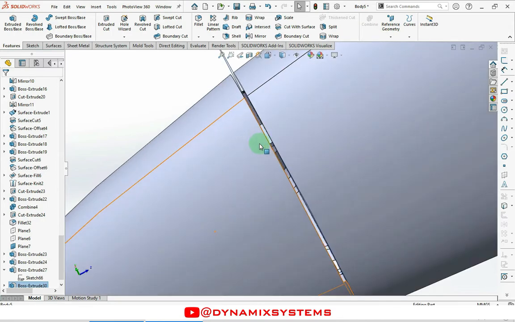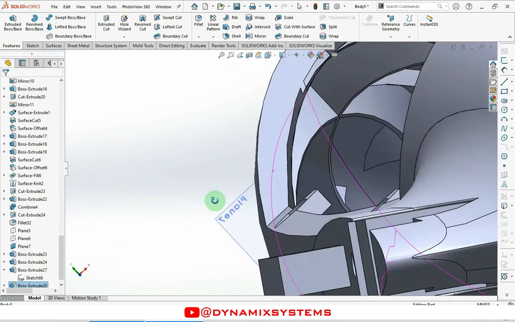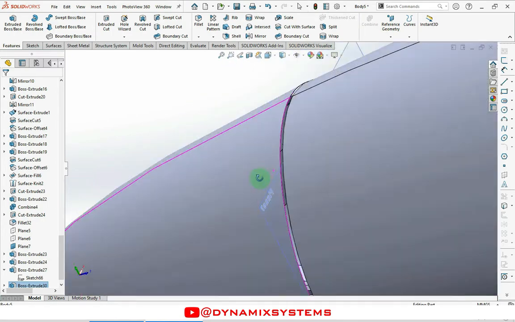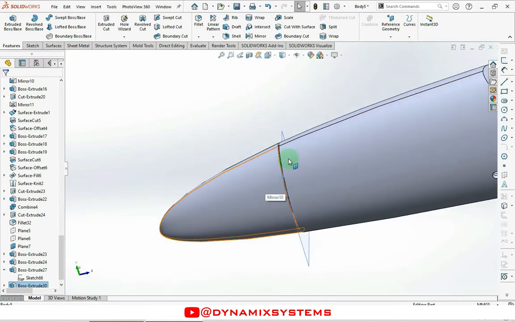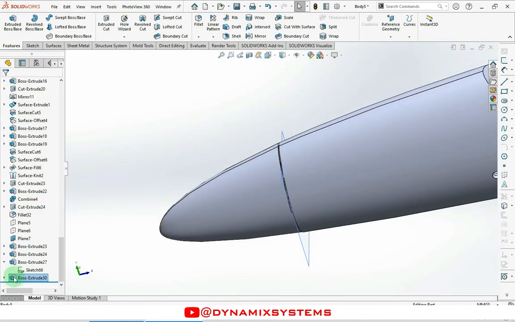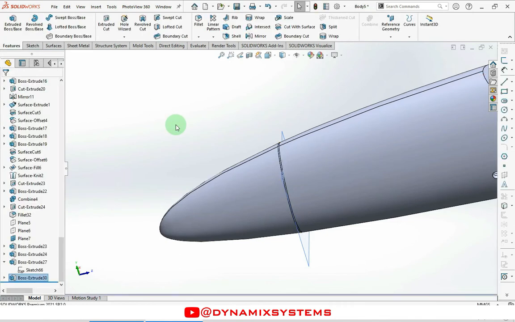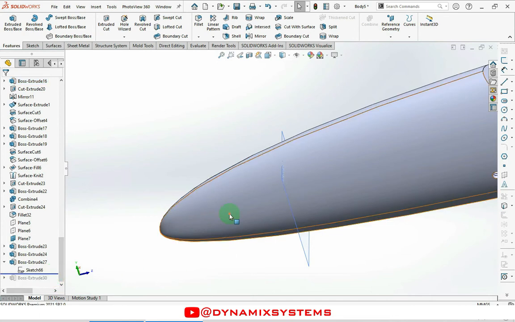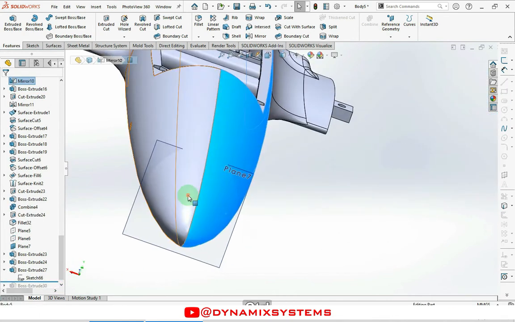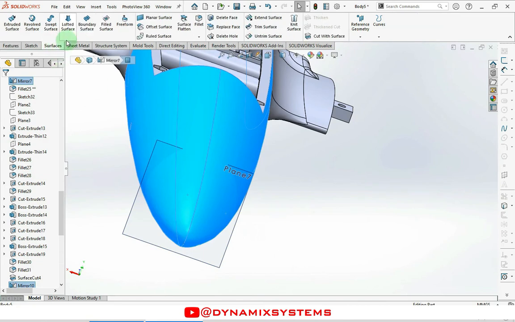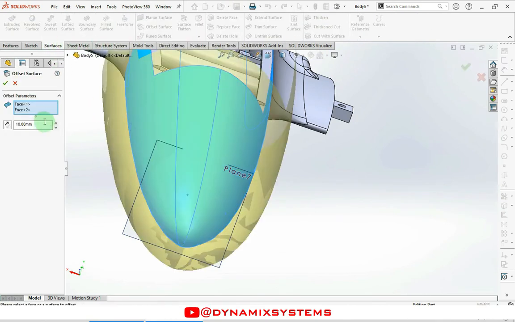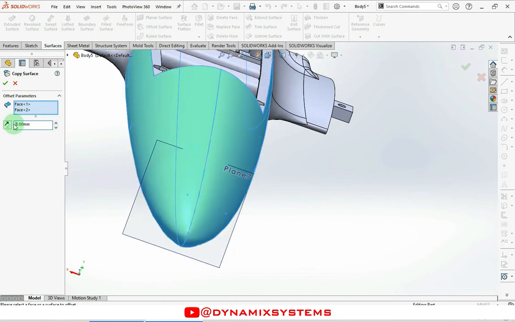So it still creates some geometric failure around this area. So I deactivate this draft angle and remove the excess in another way. I roll back the design tree, create some offset surface here with 0 offset distance,